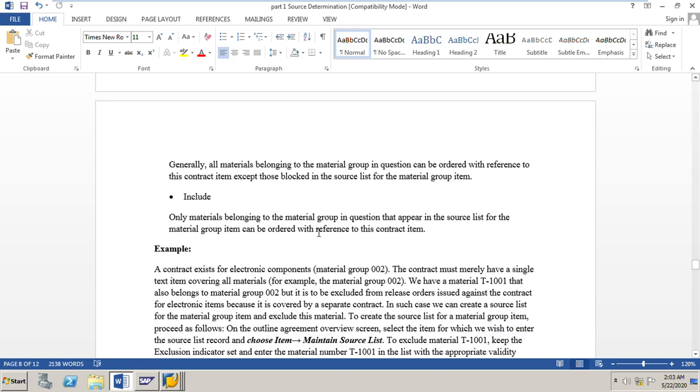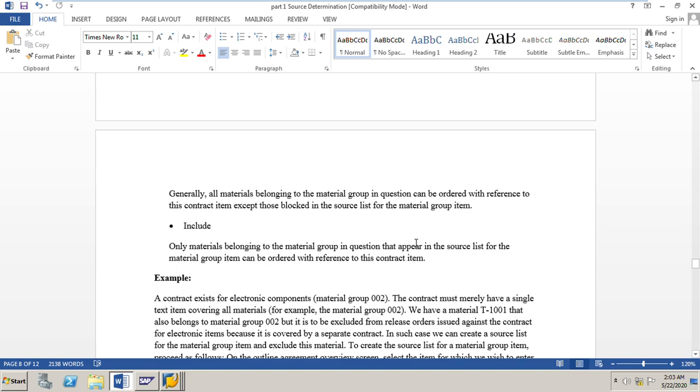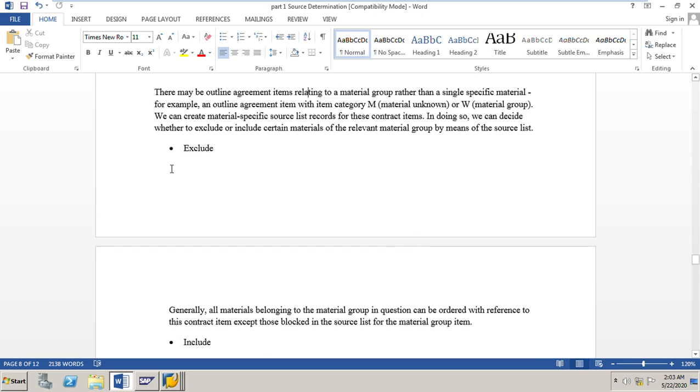Include means only materials belonging to the material group in question that appear in the source list for the material group item can be ordered with reference to this contract item. This is very important to note: we can exclude certain materials belonging to that same material group from creating release orders with respect to this contract.